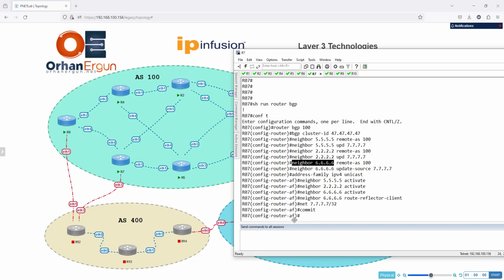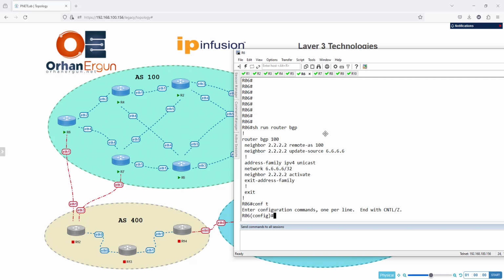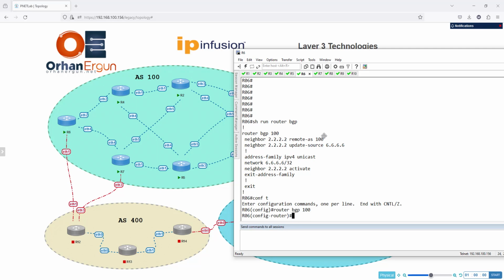Okay, the only thing which is left is router 6. I should change the adjacency on router 6 to 4 and 7 only. So I go to router 6, show run router BGP. For now, this is our configuration. And I'm going to say router BGP 100. So this neighbor is no longer active